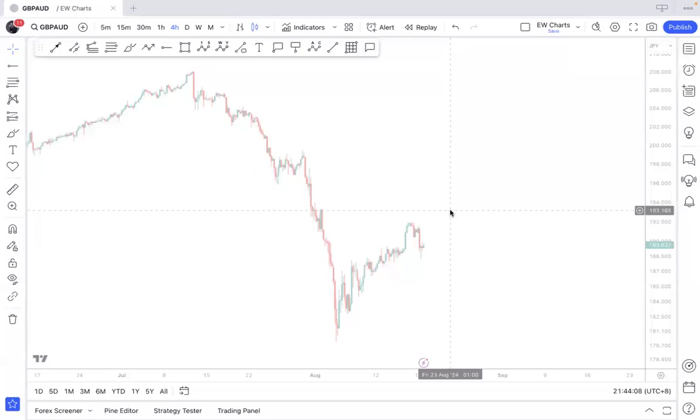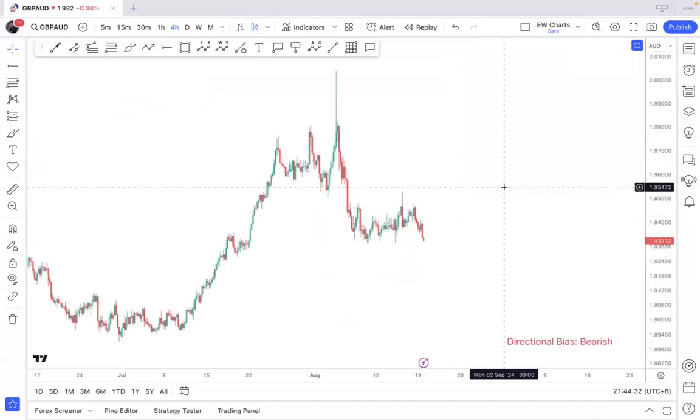I'll skip out the pound yen as well as the odd yen. I think these two yen pairs, nothing really much there. If you're going to be interested in trading the yen, I will personally be more in favor of keeping close watch on dollar yen, because I think dollar yen structure is a little bit cleaner as compared to the pound yen as well as the odd yen, right?